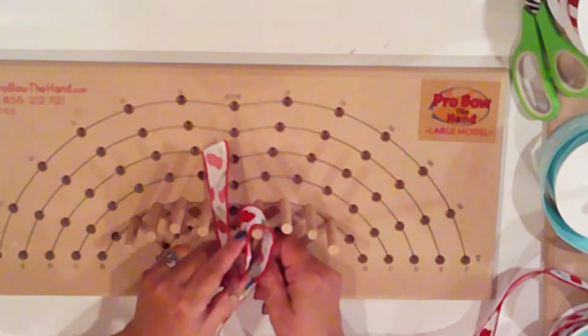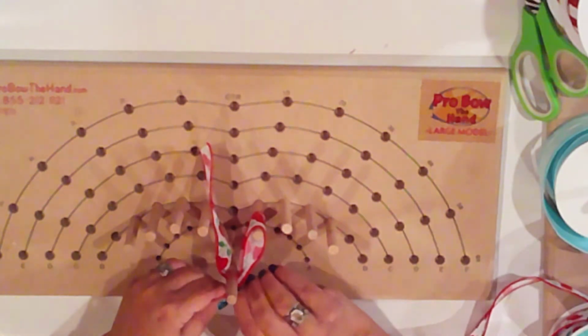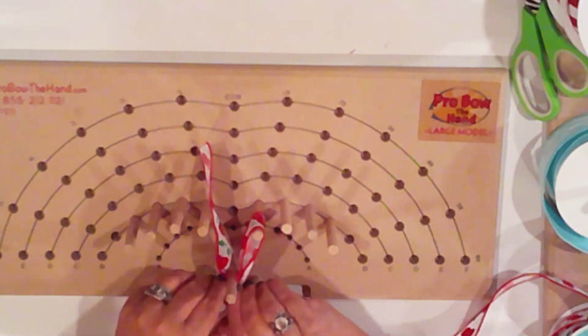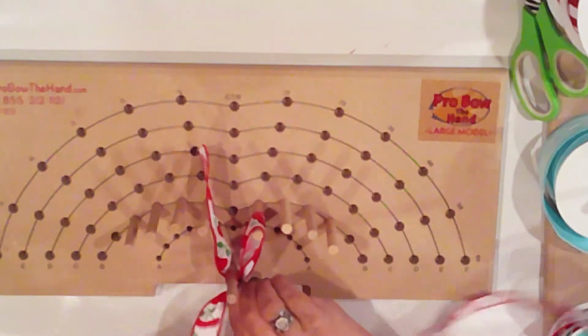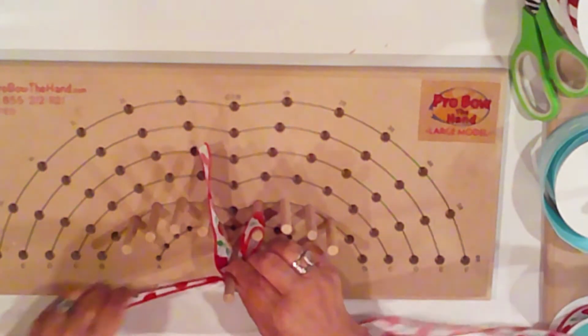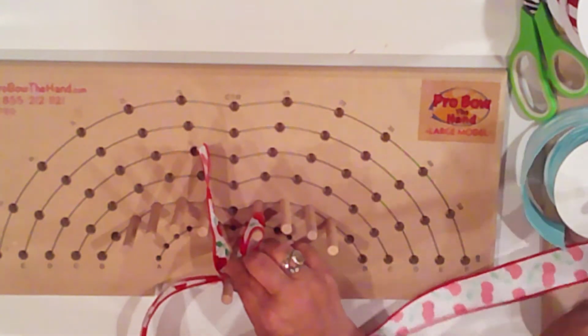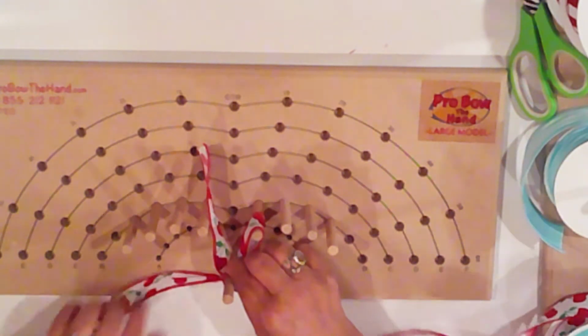I have 4 pegs on each side and slightly in front of the middle larger peg. I push my tail in front of the first peg on the left, and I'll loop my ribbon around the first peg on the right. I bring it back to the center peg and I pinch it and twist it so that the cherries are